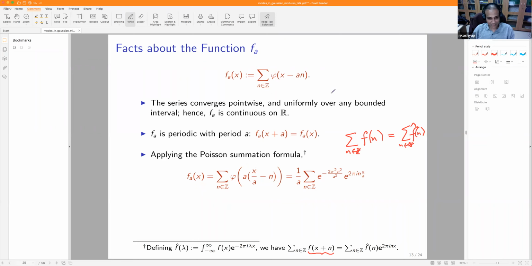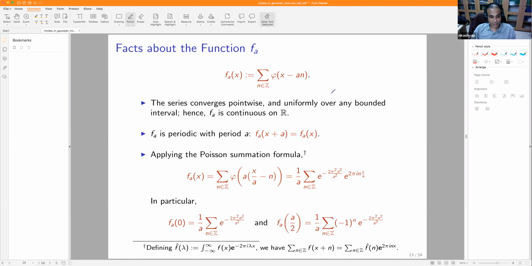So the Poisson summation formula is remarkable. In my work, which is rather applied, I have applied this Poisson summation formula at least 3 or 4 times in completely disparate contexts, and each time it gives me something mind-blowing. It's something that just creates magic out of nothing. So here the way that we are going to use this is to try to estimate